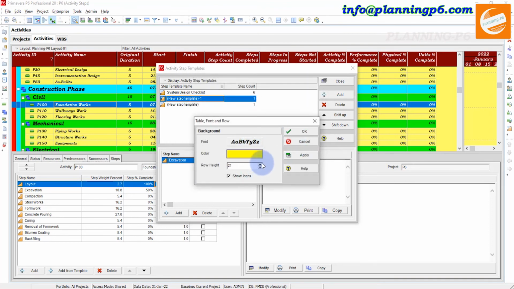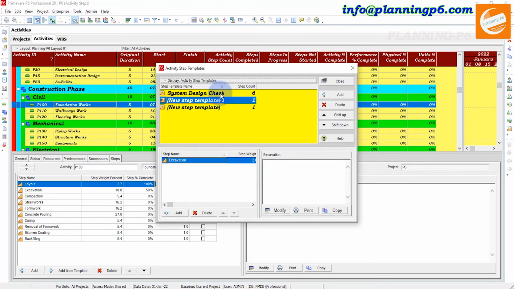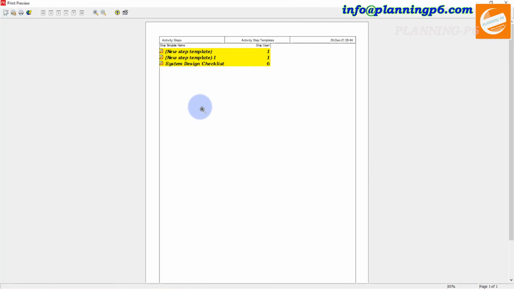And row height I want 20, apply, okay. Now you can see your steps background has been changed. Here you can group and sort, and table font and row you can change here. And if you have too many activity steps you can find them from here, and the print preview option is here. You can print only this activity steps window as well.